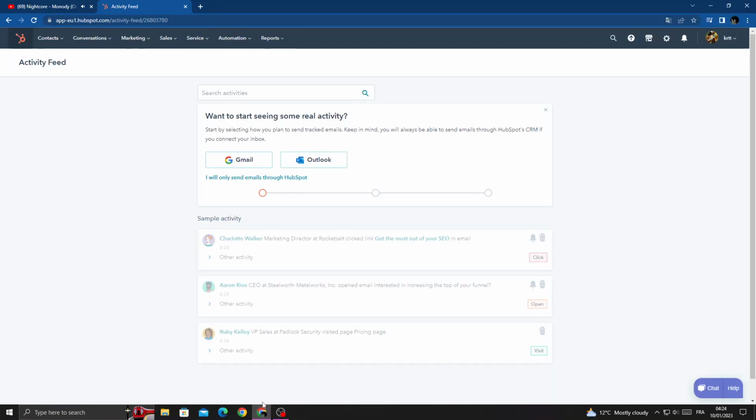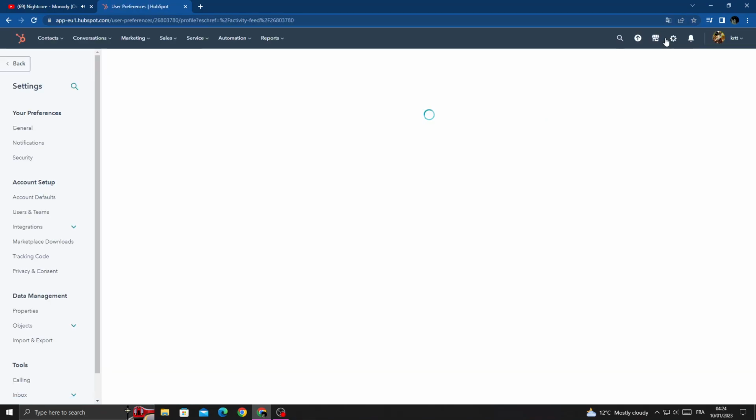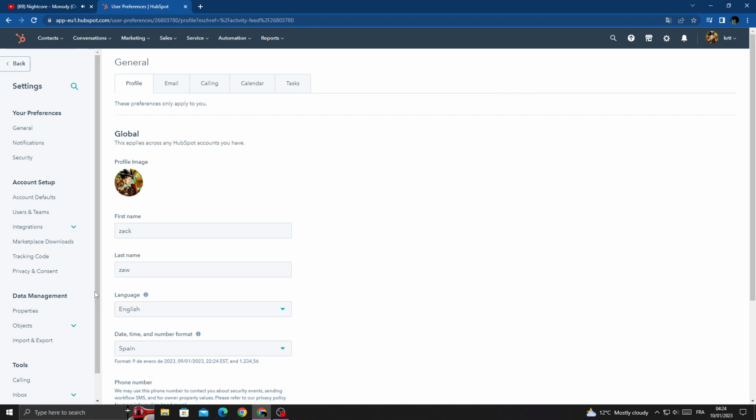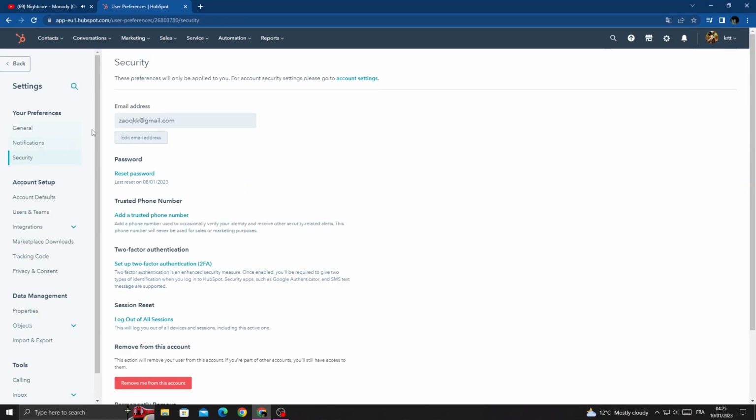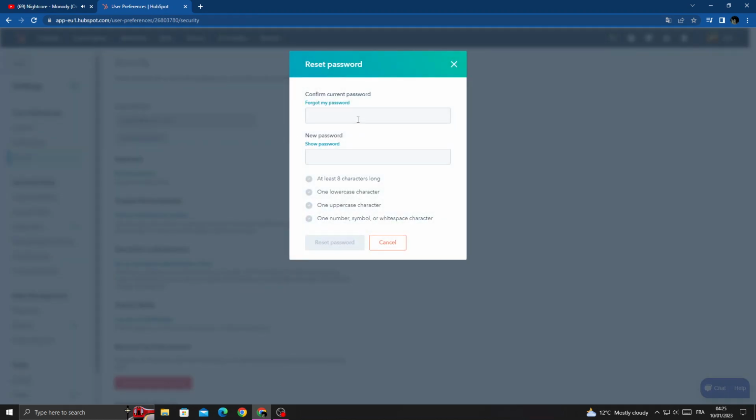and now once you're here, click settings, and then here we'll find security. Click on it, and here we'll find password, your password settings. Click reset password,